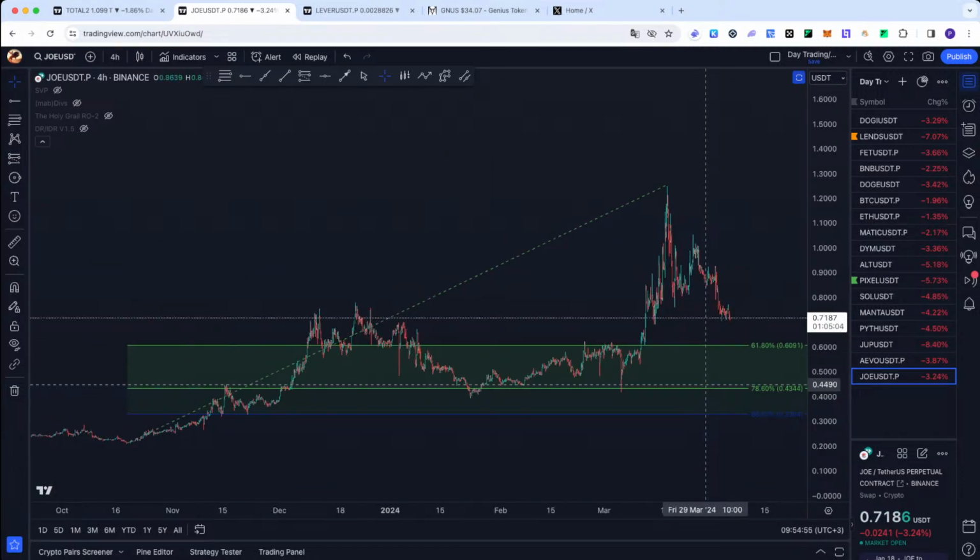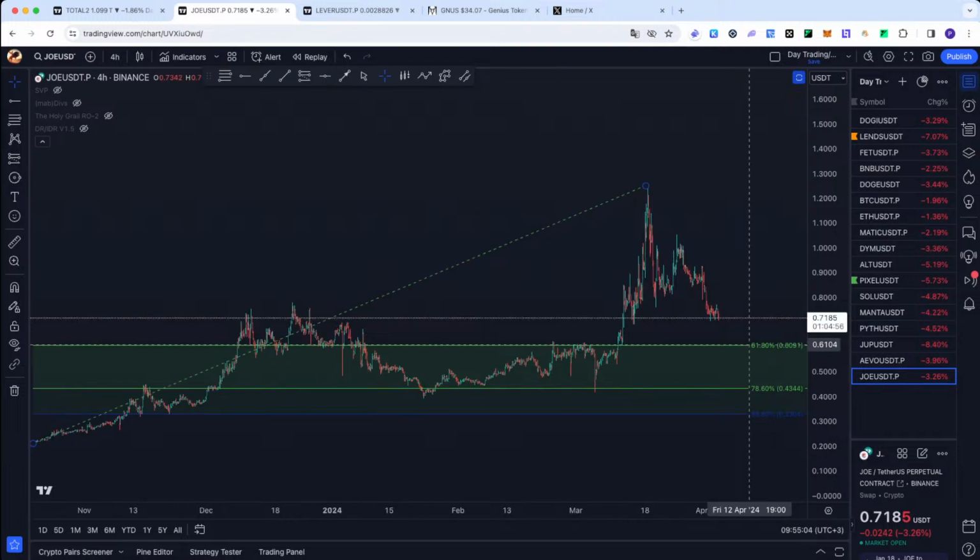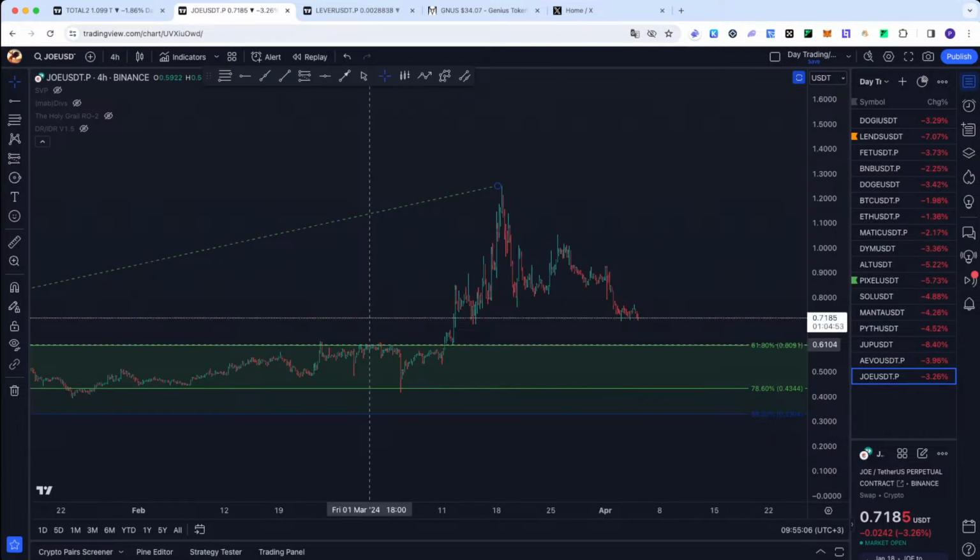This big gap is ugly. We have some support, you can see we stopped here. But will we hold this level? I don't think so. I think the long reload zone is here, look, 61.8. That will be the level where we can think about W's. If not, the classic 78.6, altcoins love to play around that level.